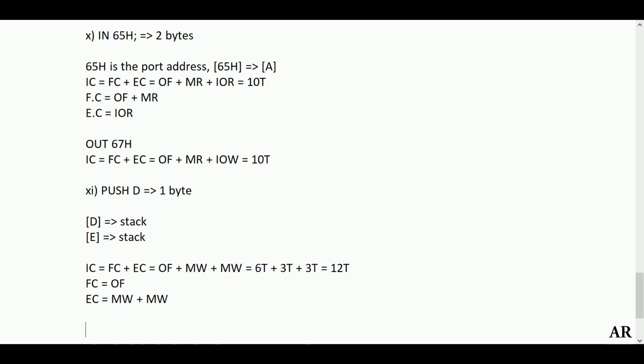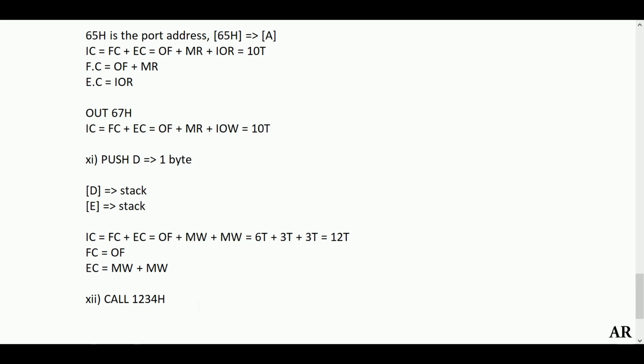A similar concept is also applicable for your call instruction. So let me mention that also. Call. Now call is followed by an address. I am taking a call instruction which is an unconditional call. So let me write an address 1234H. Now first we have to determine how many bytes this instruction is. So 1234H is 2 bytes. Call will itself have a minimum of 1 byte, so a total of 3 byte instruction size.